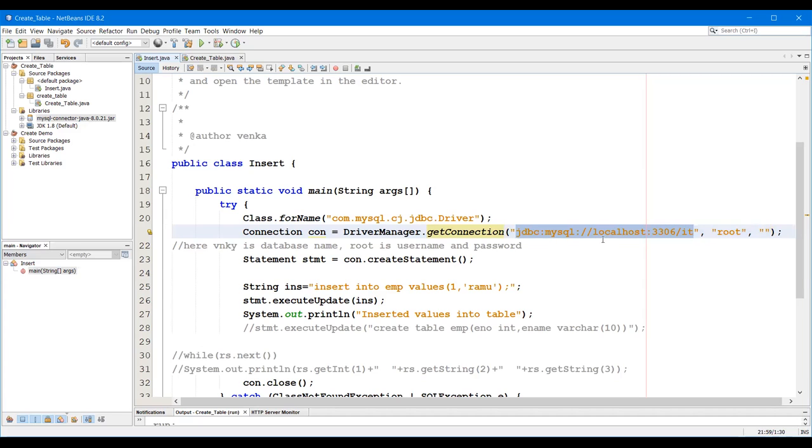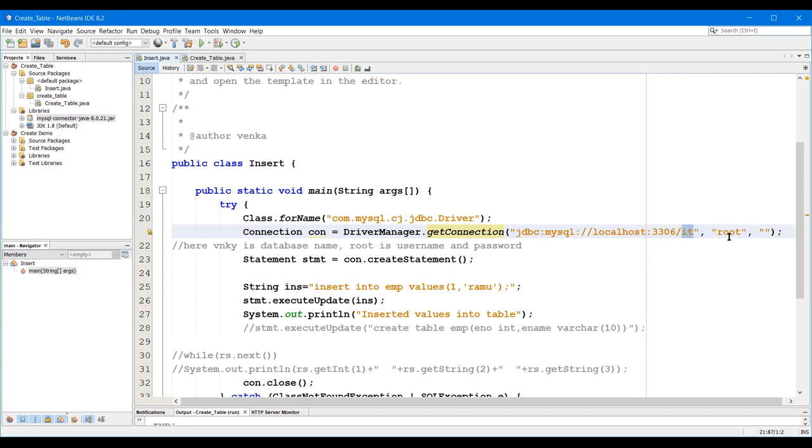The database is available on my localhost, so localhost colon, and what is the port number? 3306. This is the default port number for MySQL. Sometimes the database administrator may change the port number. Now this is nothing but the database.